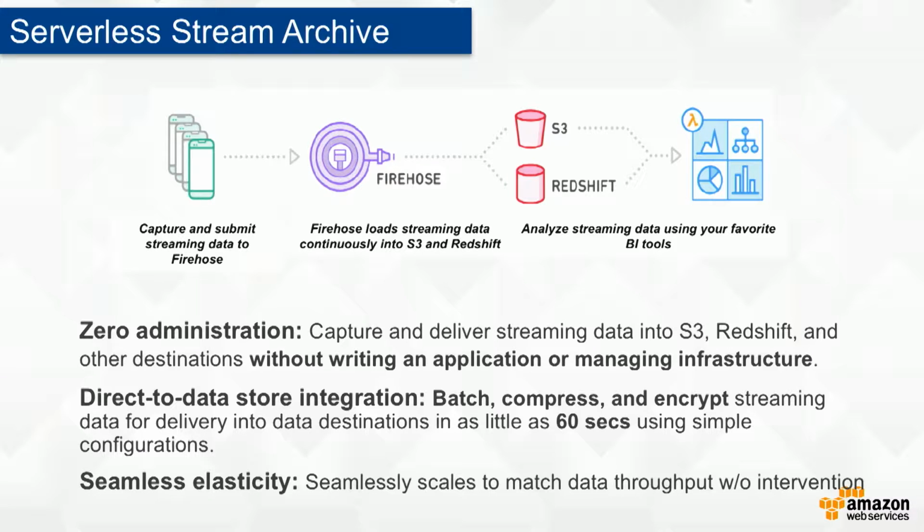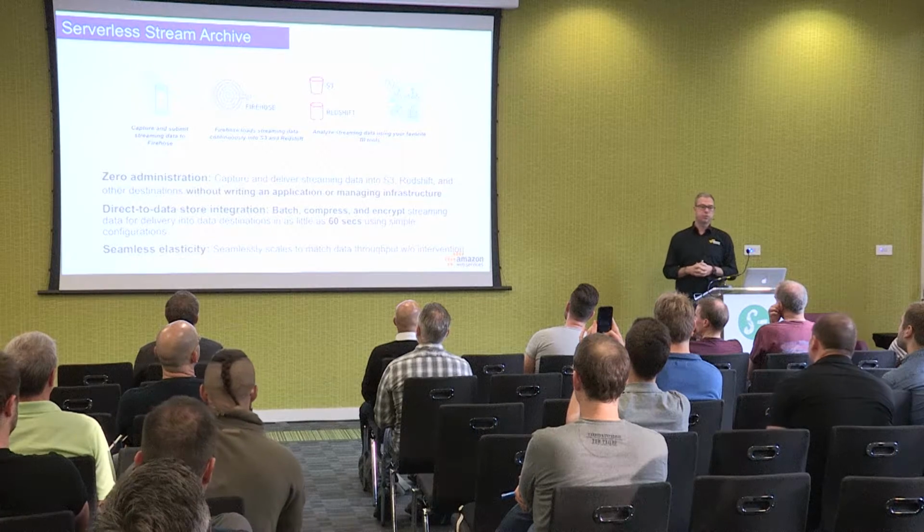One of the other important parts of Kinesis is Kinesis Firehose. Kinesis is actually a family of products, Streams being the streaming application, and then Firehose being the serverless streaming archive capability. With Firehose, you're able to originate events, but then rather than processing those in real time, Firehose takes responsibility for delivering those in a highly durable fashion to Amazon S3, Redshift, Elasticsearch, etc. And it'll do that every 60 seconds. So rather than being a streaming and near real-time processing environment, this is really where we want to be able to ensure that our streams are persisted forever.